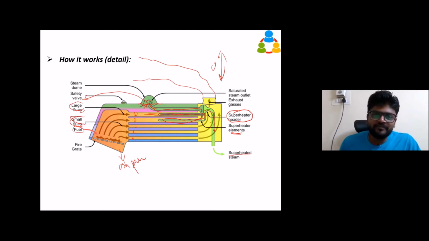To raise the level from the boiler, they are keeping this dome. It will be raised above that. Otherwise there will be a chance of water getting into the pipe. So they provide this space so that they ensure they are going to collect only steam, and no water comes into it. That is the purpose of the steam dome.